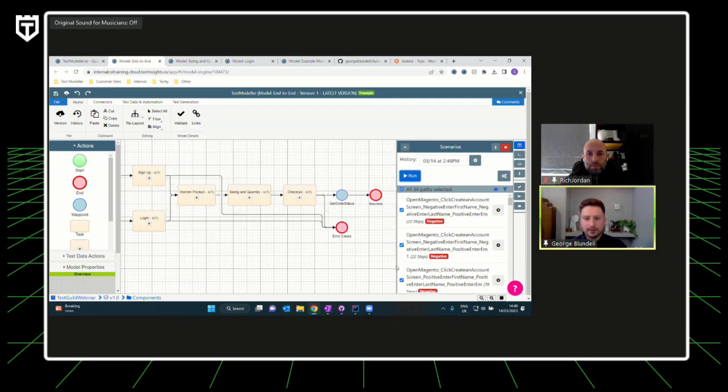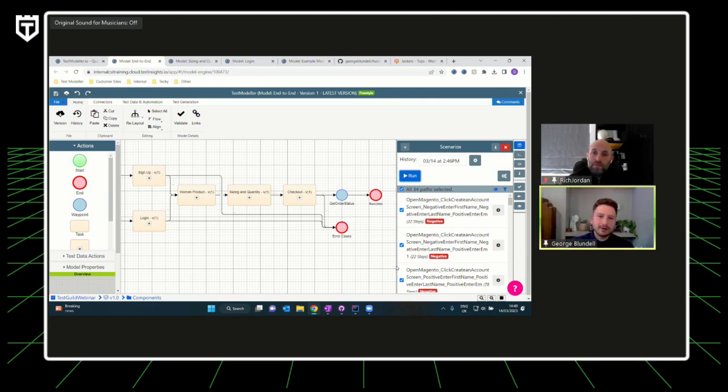So hopefully that gave you a good overview of how the things that Rich was talking about can be put into action inside of our tool. So we've covered quite a lot in quite a short amount of time. But just to recap, we've talked about how we can consider business rules and build out models that replicate the real application and put them into some kind of visual diagram.